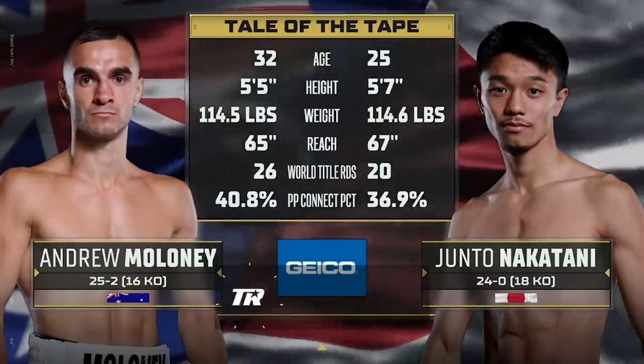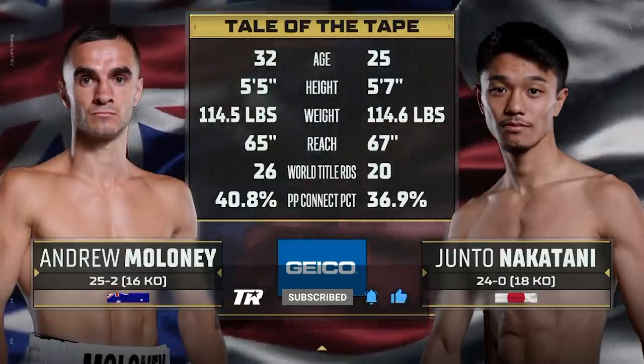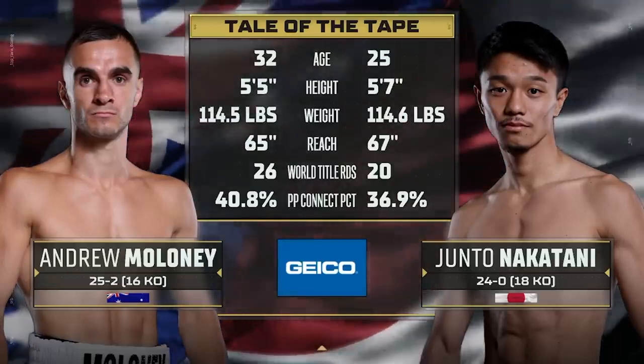Tale of the tape, size up this way. Nakatani has the height and reach advantage, but he fights big also. It's just not on paper. This is a guy who fights tall, fights big, Timmy. Yes, he does, and that brings me to say this, that Andrew Maloney may have to resort to something that...